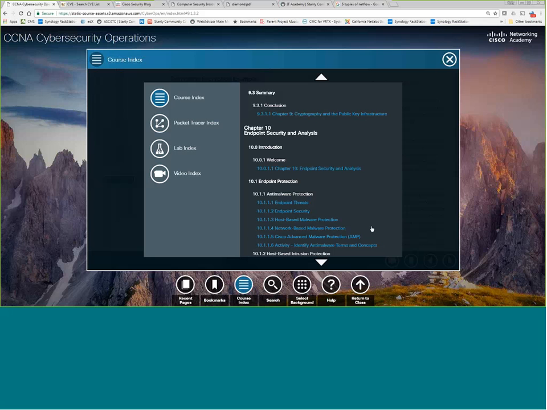Once you actually get the vouchers, they're good for 3 months on the SecFun, and they're good for 6 months on the SecOps. That's something they've done on this one, which is new, because it's a 2-exam certification. The first voucher is valid for 3 months, and the second voucher is valid for 6 months.